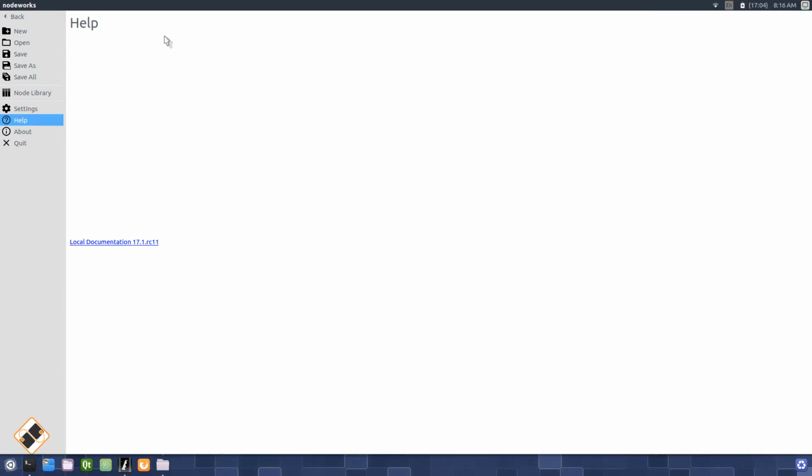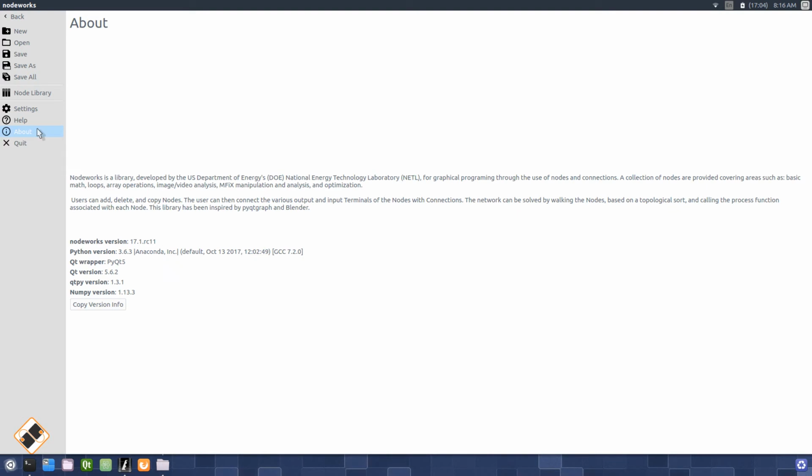Finally, on the About page, a list of libraries and their versions is displayed. Please send this information when submitting bug reports by pressing the Copy Version Info button and pasting the